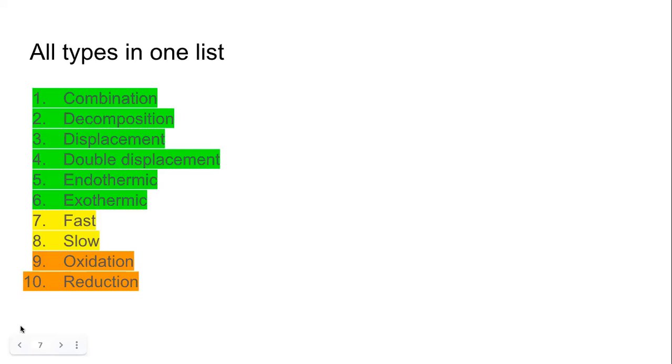Today, I'm going to tell you that there is an 11th type of reaction. There is one more type of reaction. I'm not telling you the name of that reaction right now. When we come to that part of the session today, you will tell me what is that last type of reaction in this chapter. So all that is shown in green, it's done. What is being shown in yellow, we will complete that today. And whatever is shown in orange, we will start studying about them today, but we will not complete it.